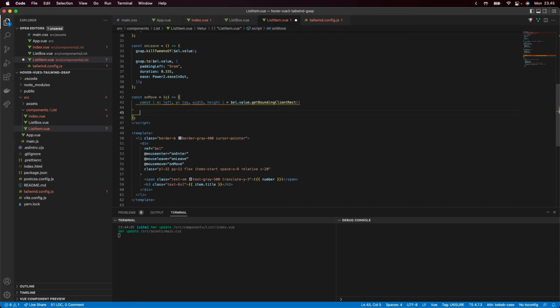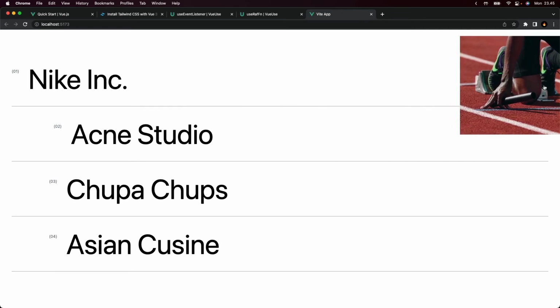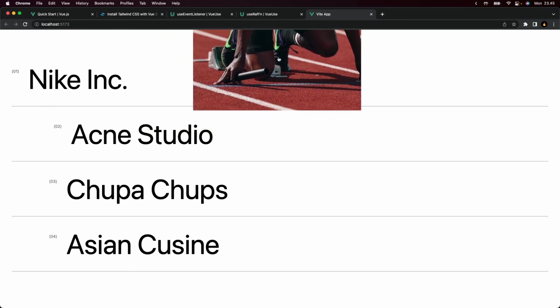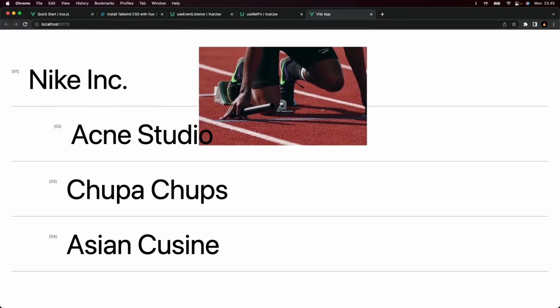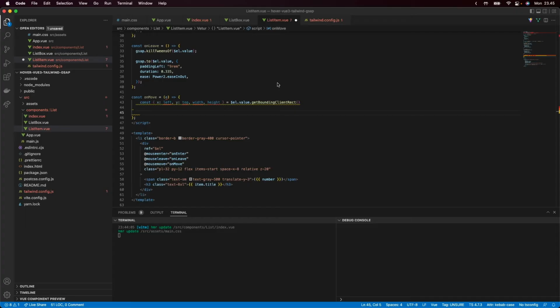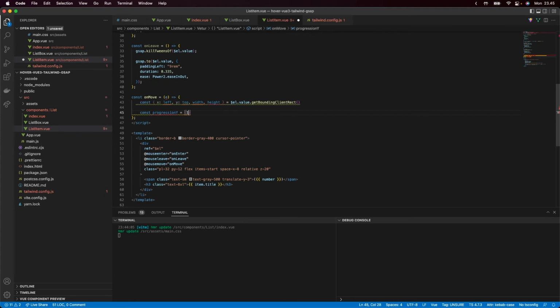Now we need to calculate the progression. If we look at what we've got right now, when my cursor is all the way to the right, we want it to be 100%, and over here we want it to be 0%, and the same goes for vertical, so 0% and 100%. To get that progression, we need to calculate it. Let's just do const progression,